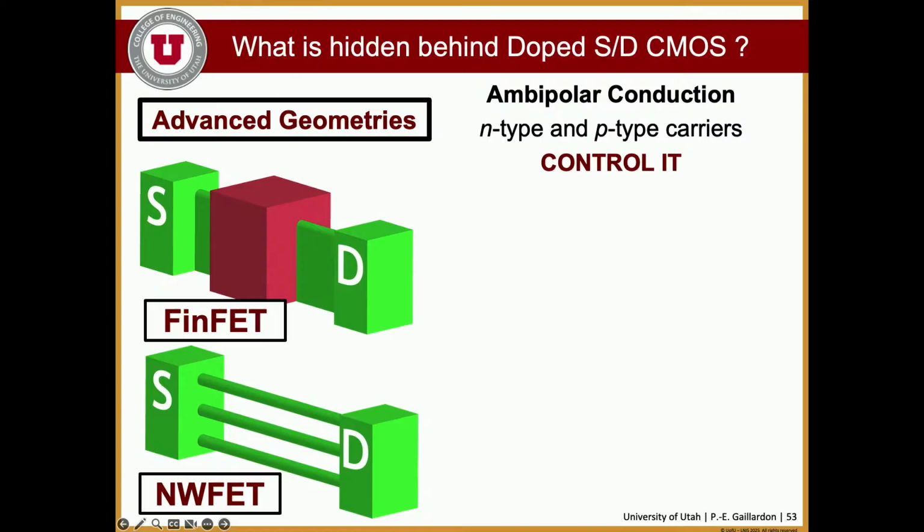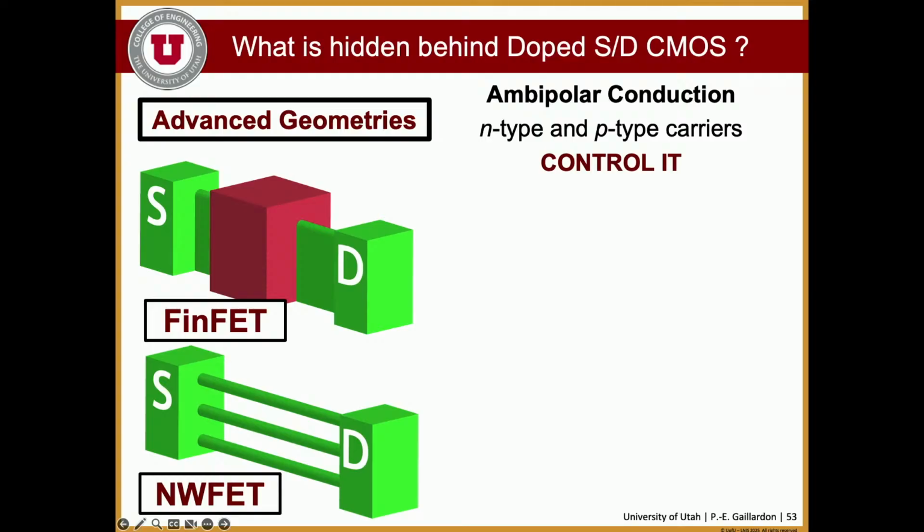And of course, the more you advance in geometries, the harder it gets to properly dope your transistors, because we're talking about a couple of nanometers of dimension, and we're talking about the statistical process of implanting dopants into the silicon. So you end up reaching the physical limits where you only have a handful of dopants available in your source drain regions, and there's a lot of variability, and it's a problem. So our approach, and the industry does very well at controlling that, by the way, so it's not really a fundamental limitation just yet, but we try to think outside of the box, and